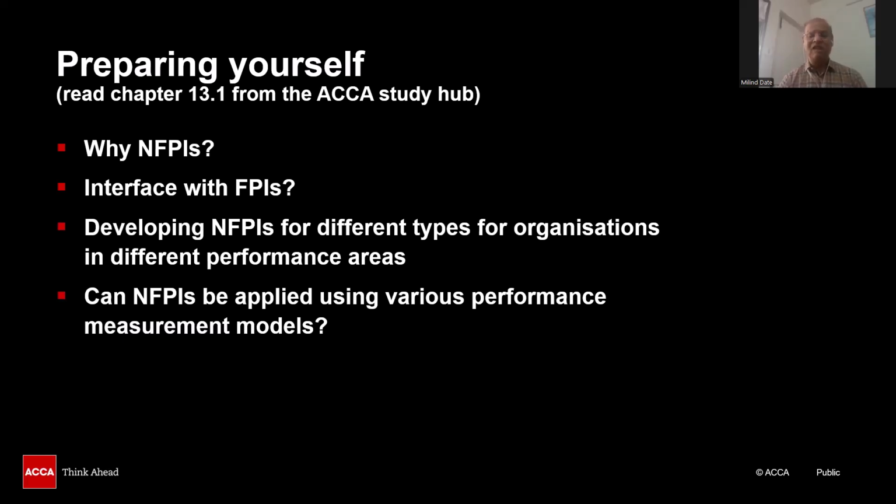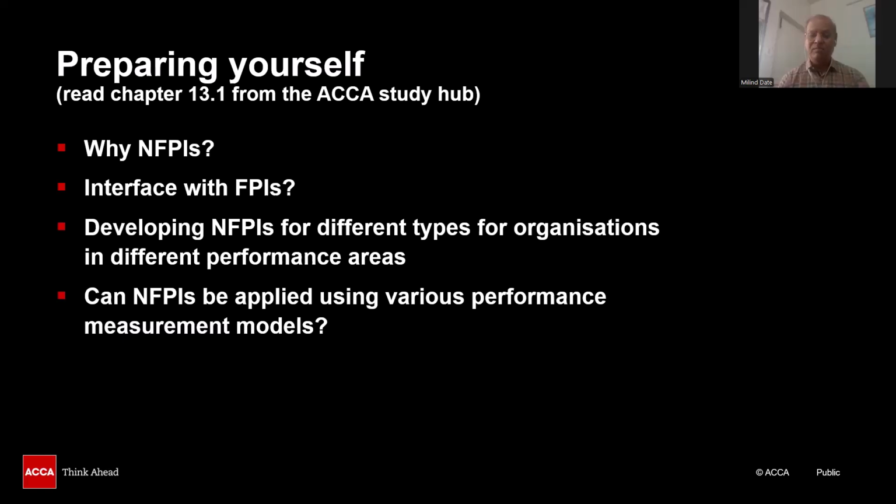Different performance areas could be assessed with the help of non-financial performance measures. And then look at how the NFPIs could be used or applied using various performance measurement models